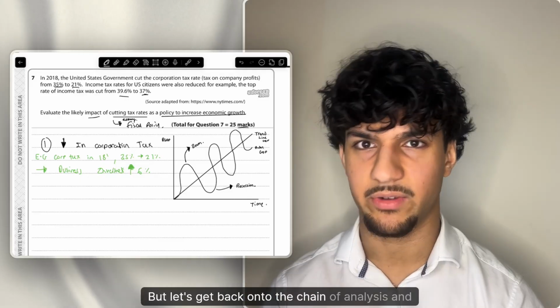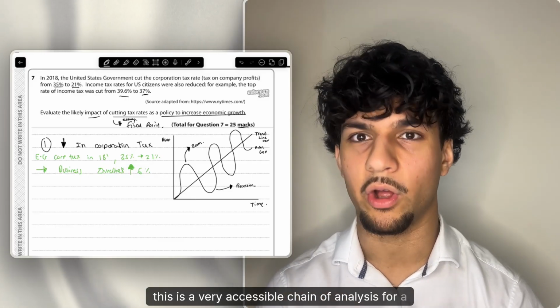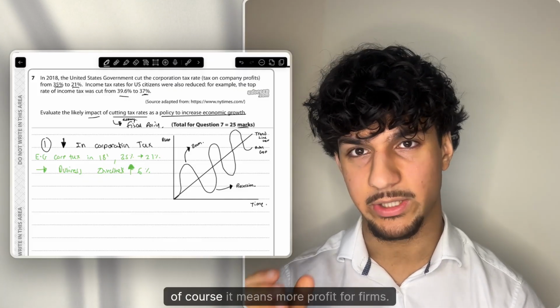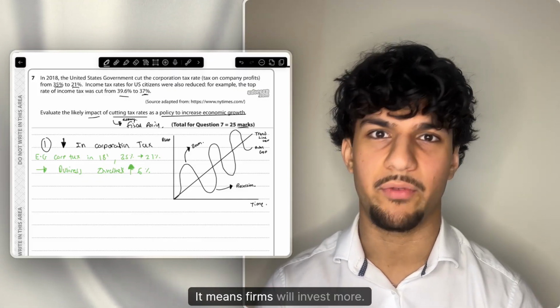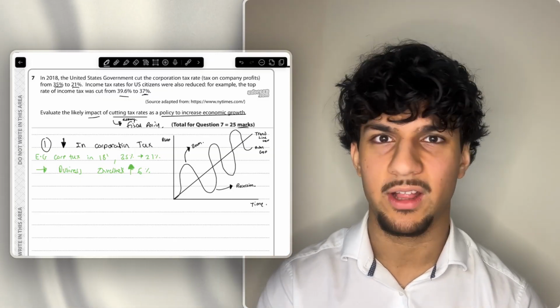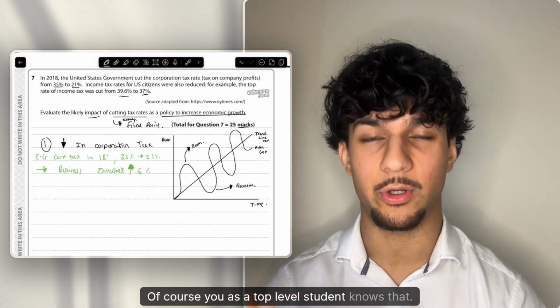But let's get back onto the chain of analysis. And like I said, this is a very accessible chain of analysis for a wide range of students. Since if a student knows what corporation tax is, of course, it means more profit for firms. It means firms will invest more. Investment is a component of AD. Shift AD out, increase economic growth. That's like a 5-line chain of analysis. Of course, you as a top level student know that,